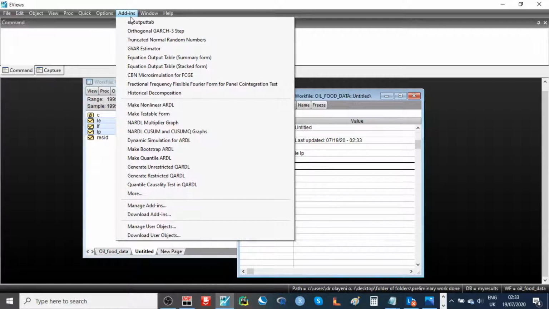Adding on your computer. So if you have done that, these four items: make nonlinear ARDL, make testable form, NARDL multiplier graph, NARDL cosine and cosine Q graphs, all of them will be listed for you. So if you have them this way, then the next thing to do is to make nonlinear ARDL. That's the first thing to do to transit from regular ARDL